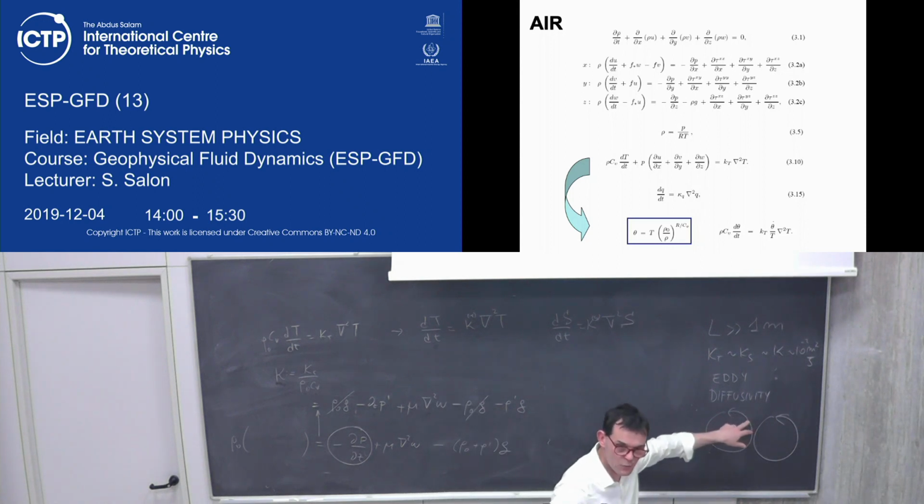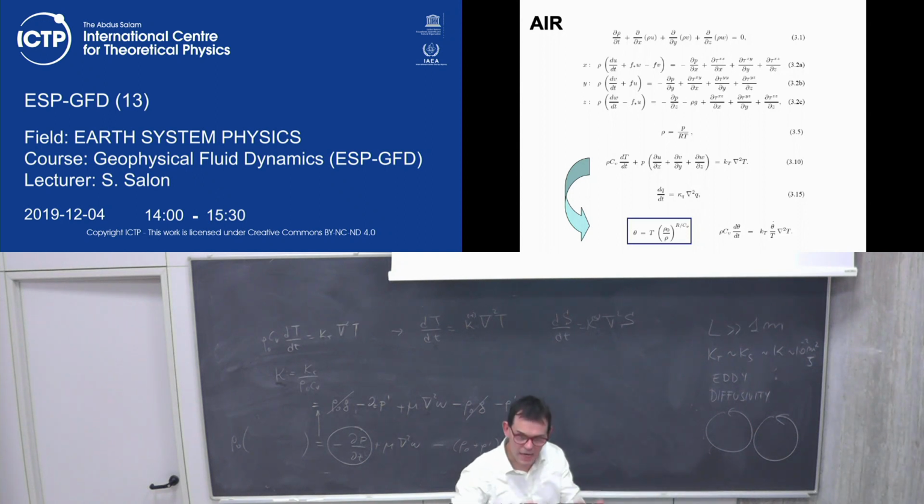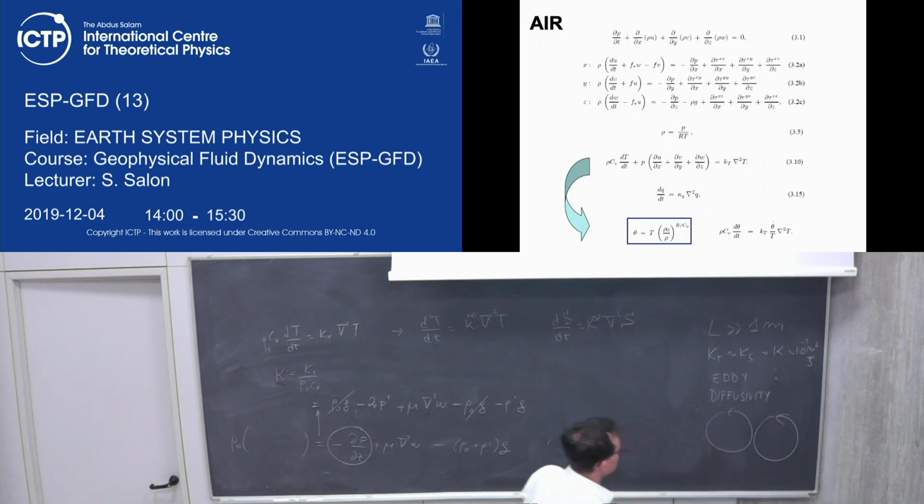So it's the eddies, which are related to turbulence, which transfer the properties, and in this case transfer temperature and salinity in the medium. And an approximation and a number that is often used is 10 to the minus 2 square meter over second. Okay, so